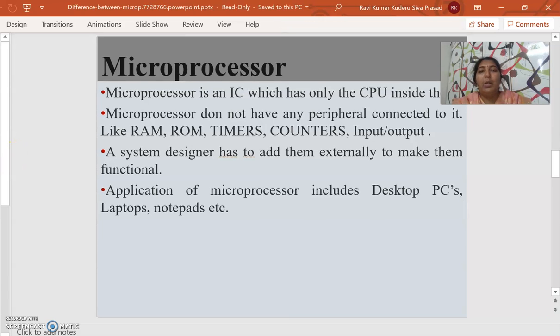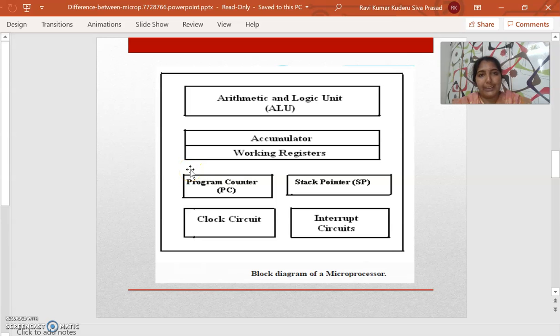Now we'll see the block diagram of this microprocessor. As I already said, the microprocessor is just a CPU. The CPU is used to perform the operations, and to perform the operations we require one hardware component, that is the ALU. So the microprocessor contains components such as the ALU. And whenever you are dealing with the ALU to perform some operations, the inputs and the outputs are always stored in registers. So we can say that the microprocessor contains some set of registers.